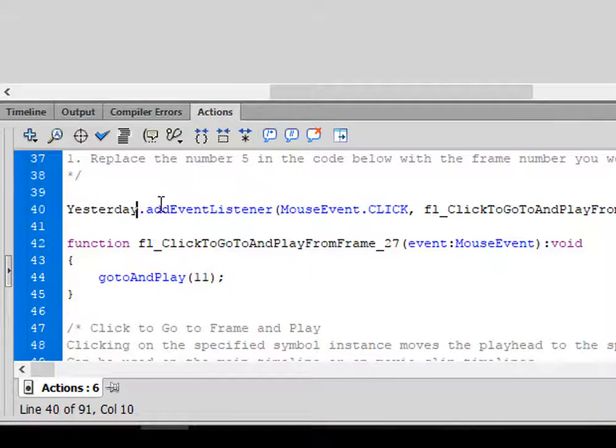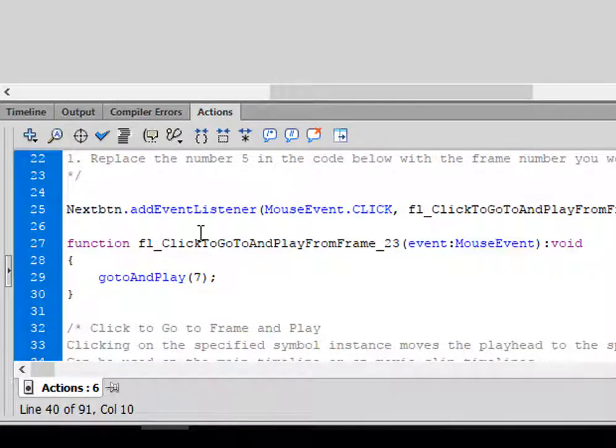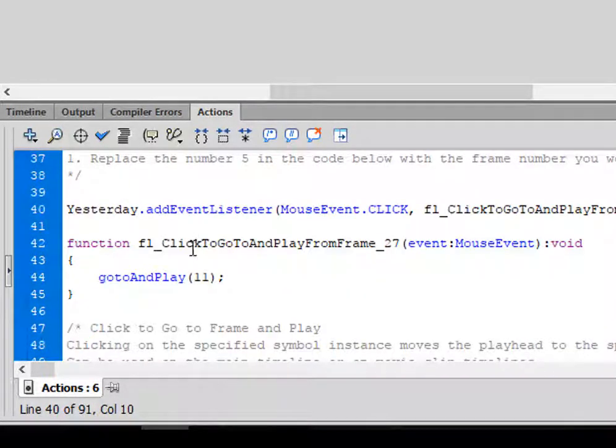And I've done this error code before, and I thought it was because something had to be a movie clip. Well, I played around with this one, and it doesn't appear that that was the answer. As a matter of fact, I really don't know why this error is appearing. It could be because this code is being used in different spots, and this person is having no problem with it. It's just this one they're having problems with. And it could be that the word yesterday